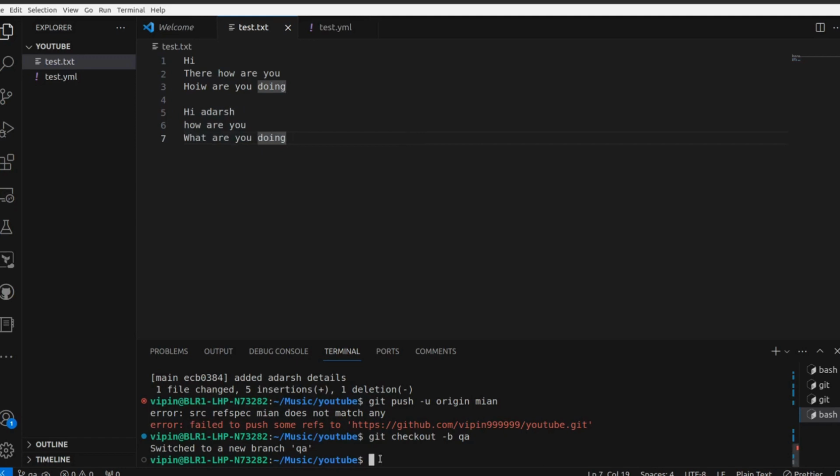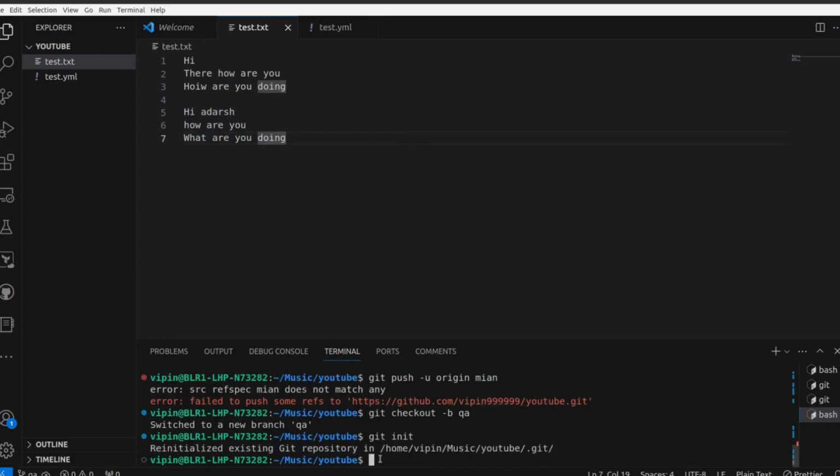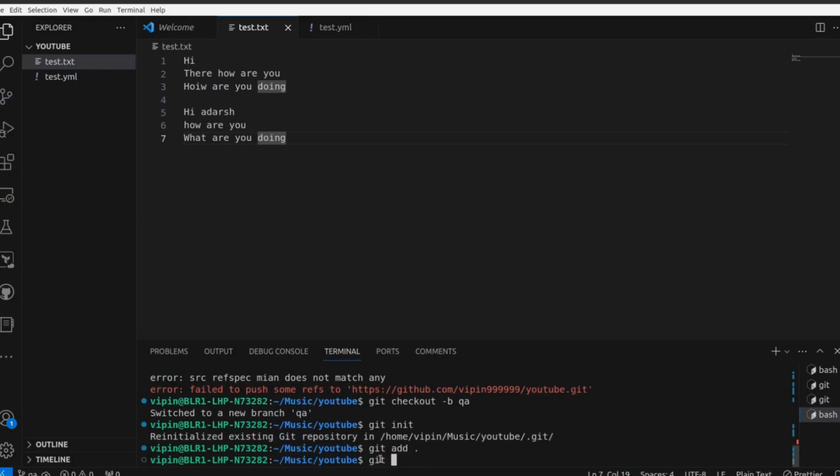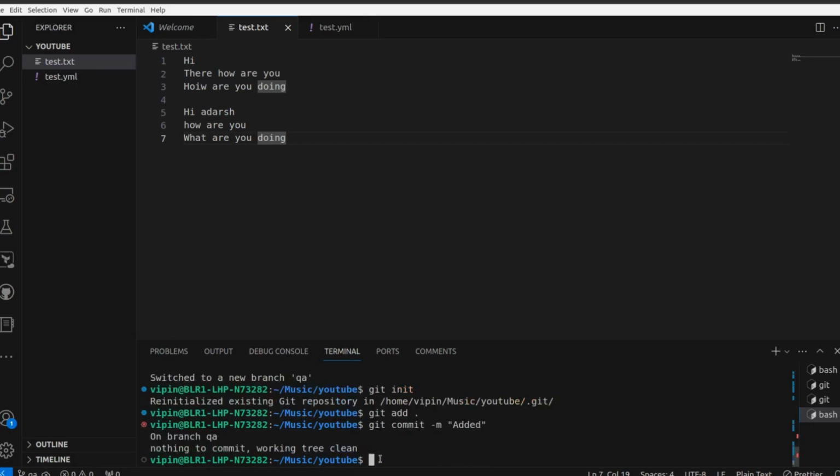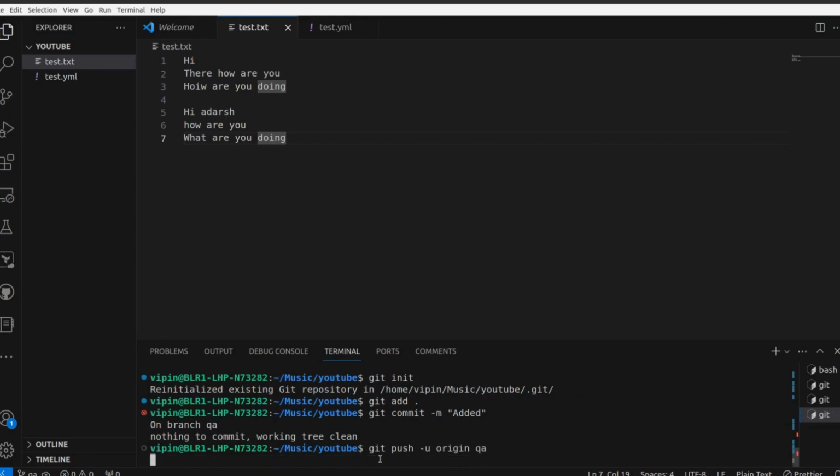Okay, so git init, git add, git commit -m and the commit message, git push -u origin, and our branch is QA.